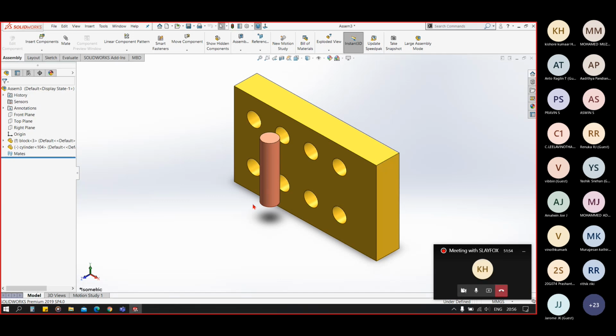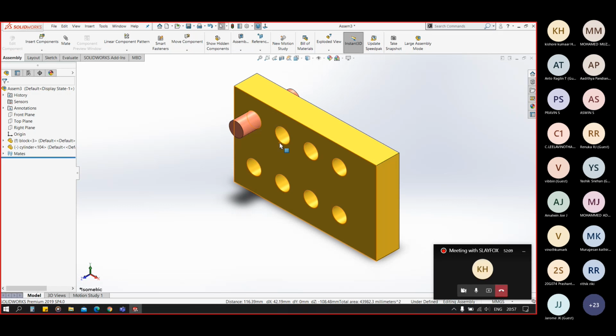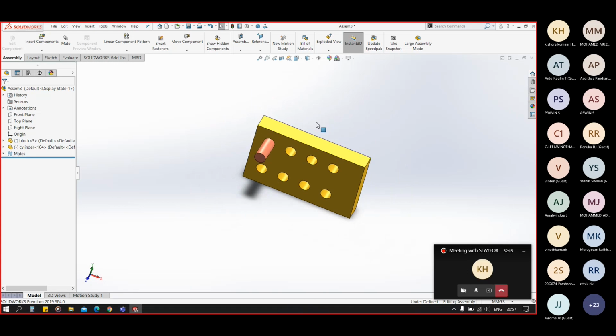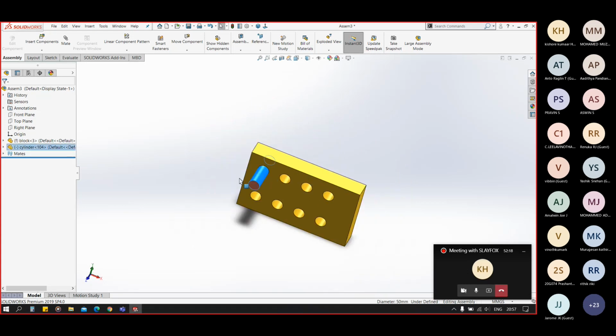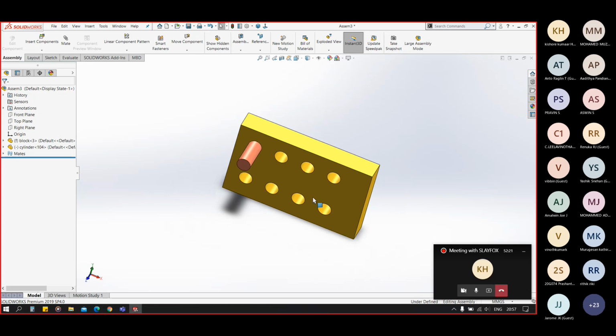Now, to have the pattern driven component pattern, I have to mate this in the first hole. Okay, now I have this in the first hole. Now let's say I want this in all of the holes.